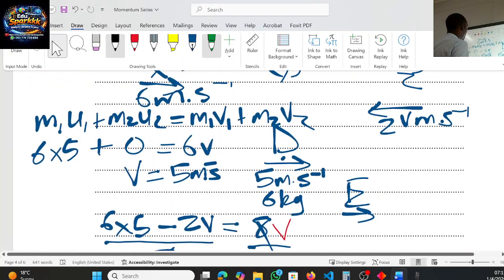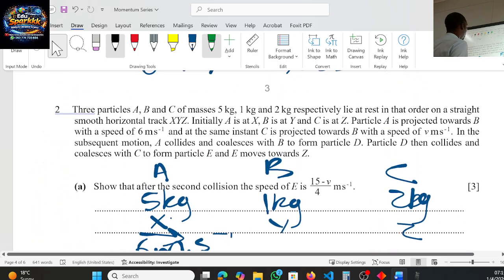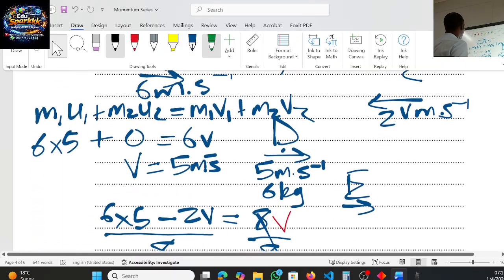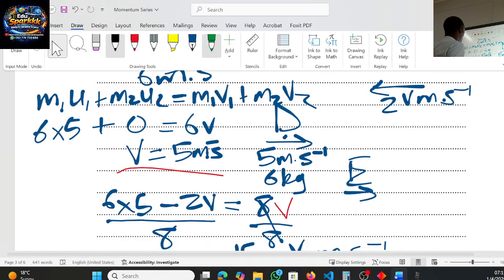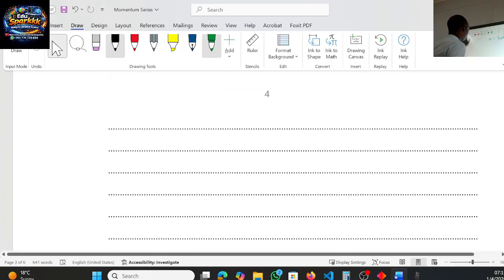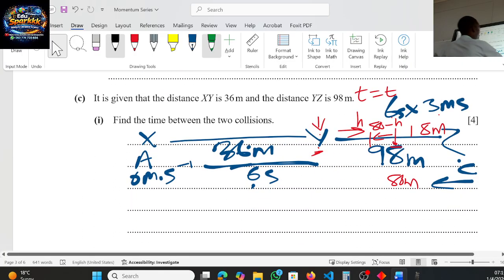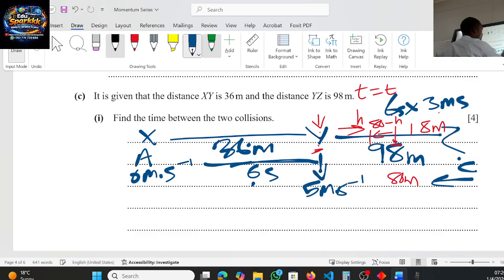That when the two coalesced, show that after the second. But what about the first collision? The first collision gave us a speed of 5 meters per second. So it means after they collide, they were moving at 5 meters per second. So from this point, the combined system is moving at 5 meters per second. So what do we do? If we say 5 meters per second times the time t gives us h,